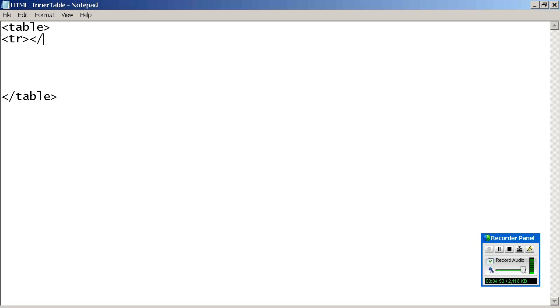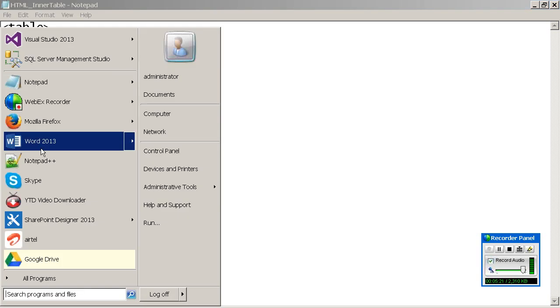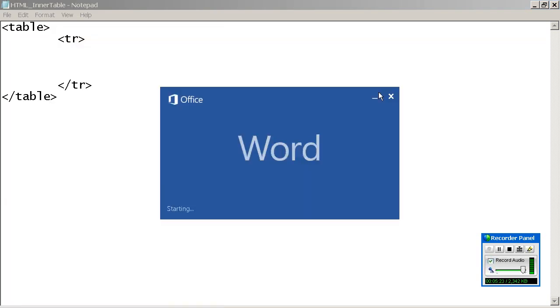Just for the reason I told you, HTML is a free programming language. And we need some structure, then you need to send the solution for that.